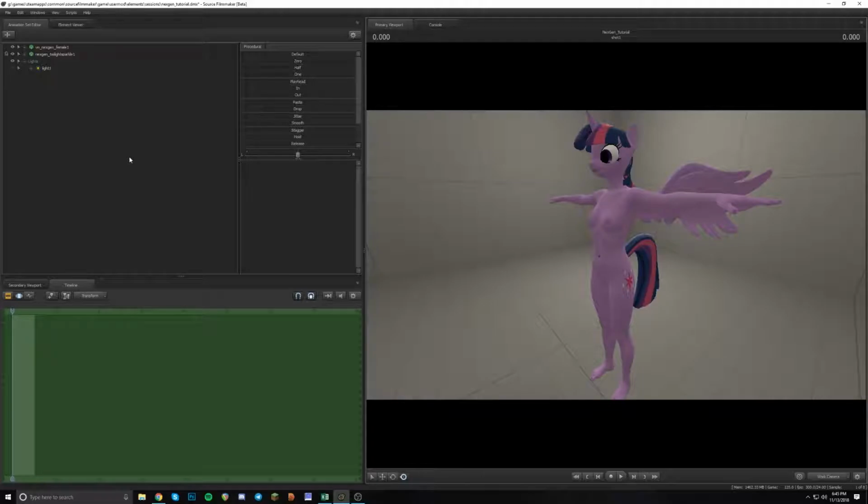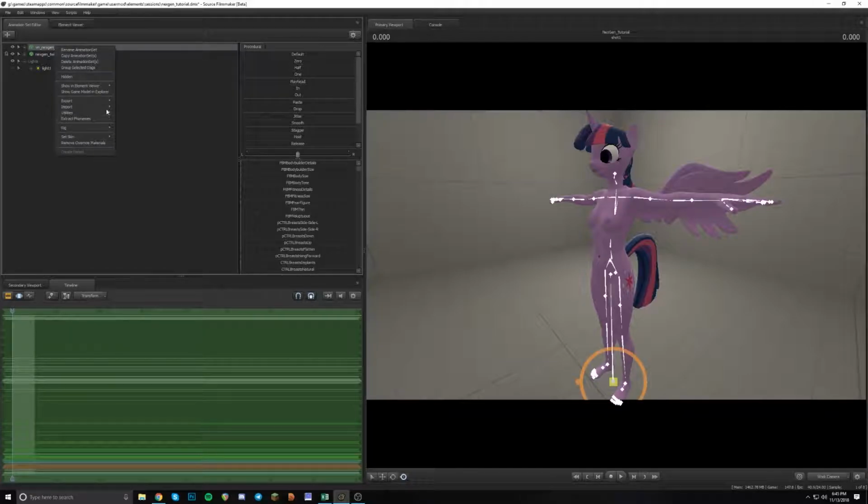There's also variations of the body texture as well. If you watch the basic tutorial, you know we've loaded in default 1, which is the default body texture. But there are a few variations as well. To access these, all you have to do is right click on your NexGen female, go to Rig, go to